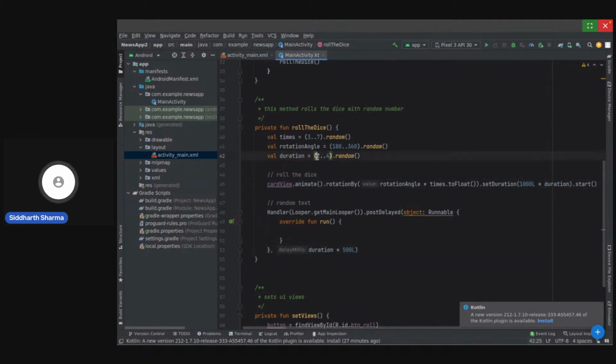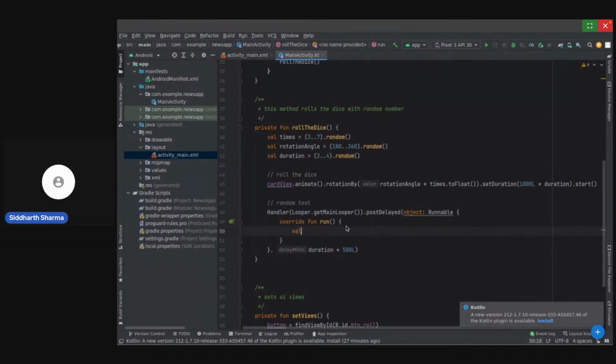So suppose I get a random number over here, duration as 3. That means the dice will roll for 3 seconds. Now I will set the text at half of that. That means after 1.5 seconds, the text will get set.